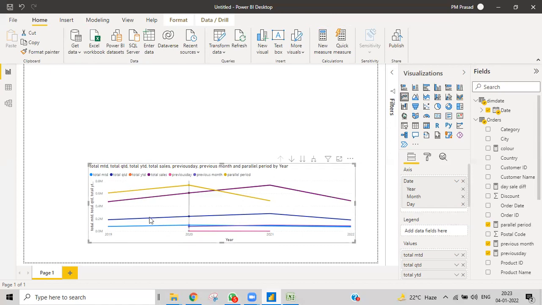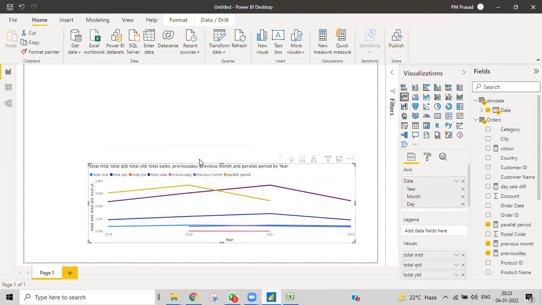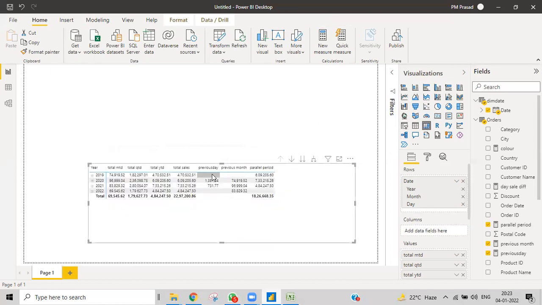Not exactly all these things, I want to make it very clear for you. Not all this, current sales and then previous month sales monthly, then how can we get that?